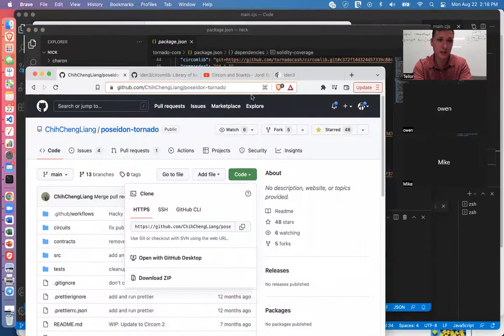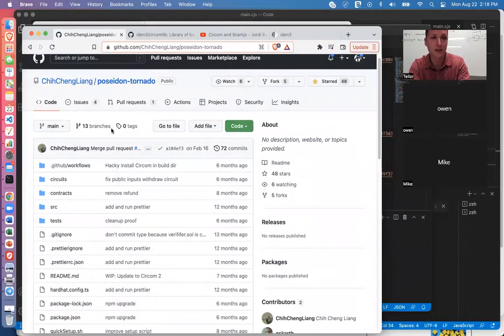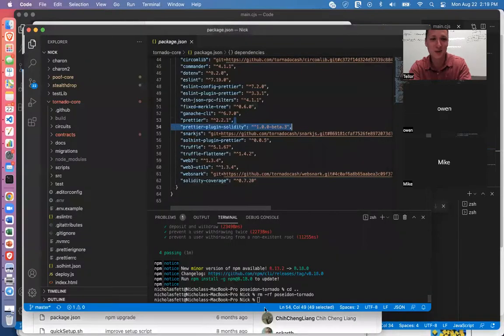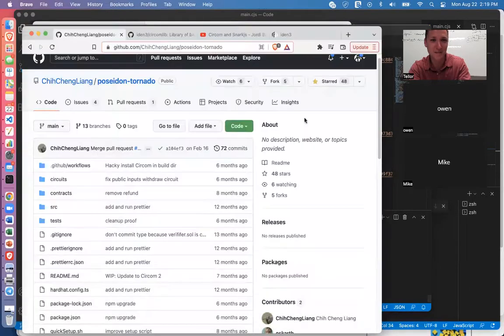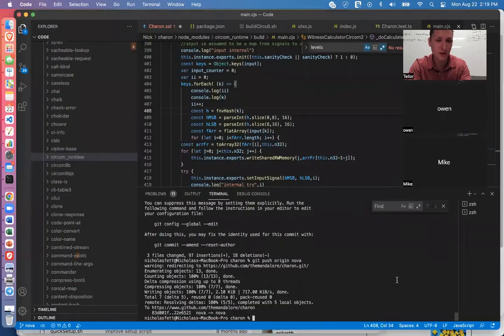But this person, Chi-Cheng Liang, who I have no idea who they are, forked Tornado Cash and implemented Poseidon. Poseidon is the newer hash function that's more gas efficient, and they put it in there. They made all the tests work and updated all of the dependencies. So we're going to use their library because the code is exactly the same, everything except for which hash function you're using. So we'll walk through their code, which, like I said, is completely identical to